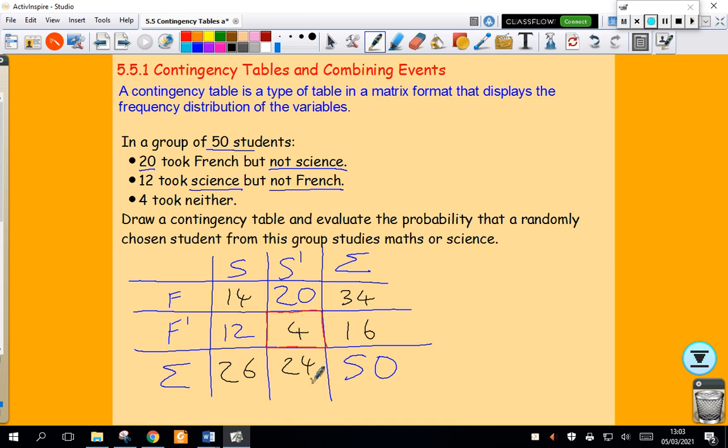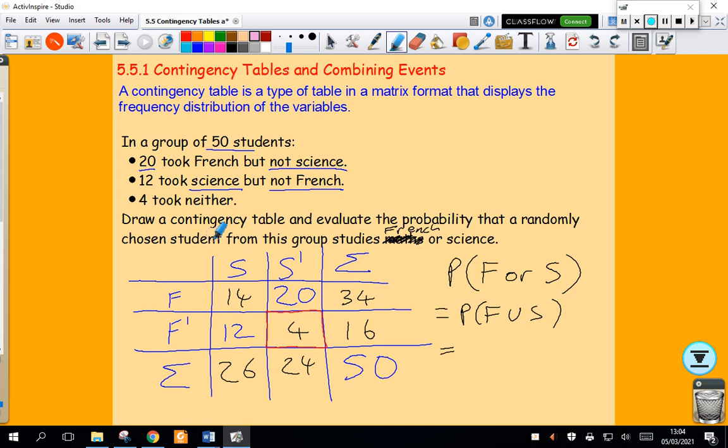I want to find the probability that a randomly chosen student from this group studies maths or science? No, that's a typo. That should be French or science. So, French or science. Again, you'll often see that written as P of F union S. So what do I do? Well, I count all the students who took French,